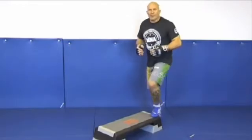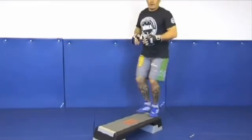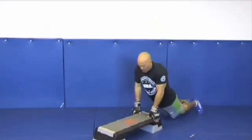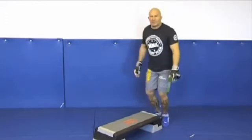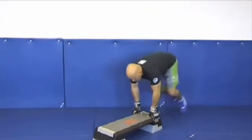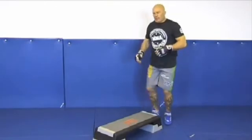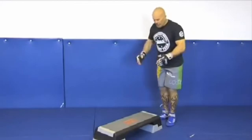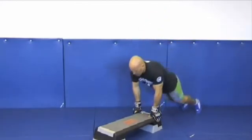We're here, we're stepping it up and down. Burpee. Grab a hold of the box. We do a squat thrust. We come back, we jump straight up and down, back down again to a squat thrust. For those who are a little bit more fit, we step up and down. Shout burpees. We drop down, we do a squat thrust, come back,